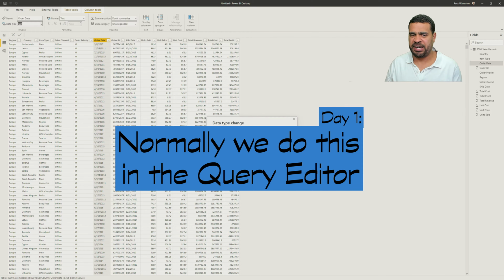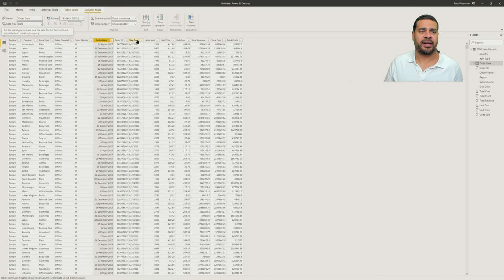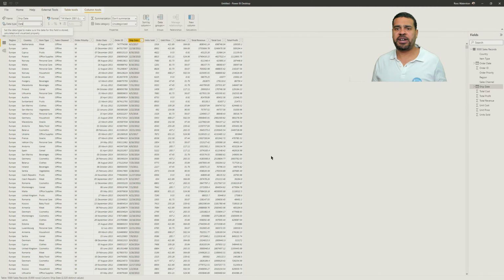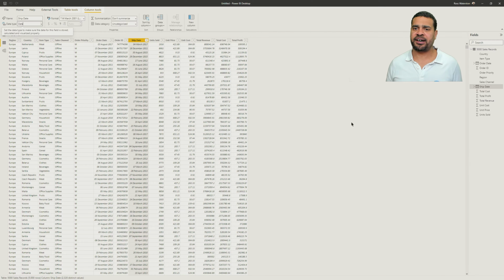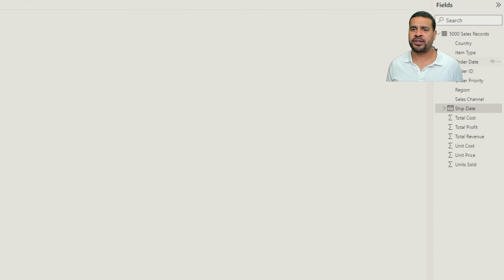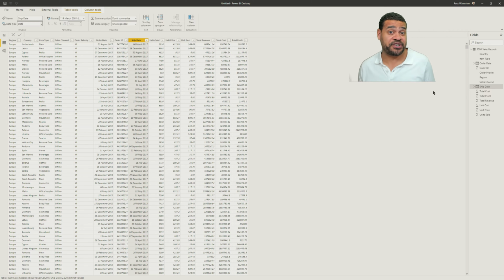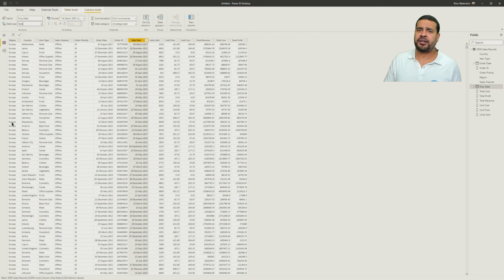Make that change. And on ship date, let's do the same as well. So we've made both of those dates, and I can see they're dates because they've now got a little calendar icon next to them. So I know these are dates. I'm dead good. I can do the dates, right? So let's go back